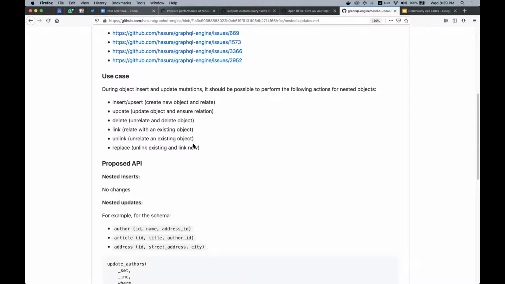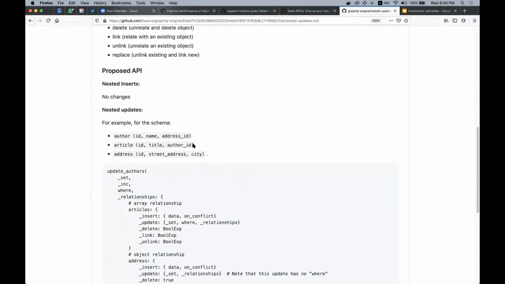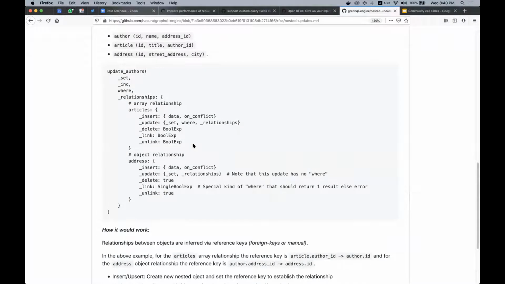While acting on that top level object, you simultaneously want to be able to act upon related entities as well, right? You might want to link them or unlink them. You might want to update or delete those related child entities, or update them and stuff like that. So do go over this spec as well. It should cover a lot of your use cases.